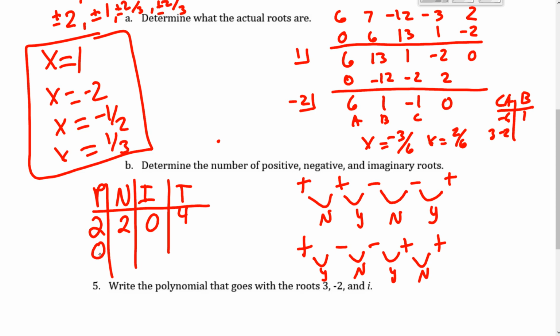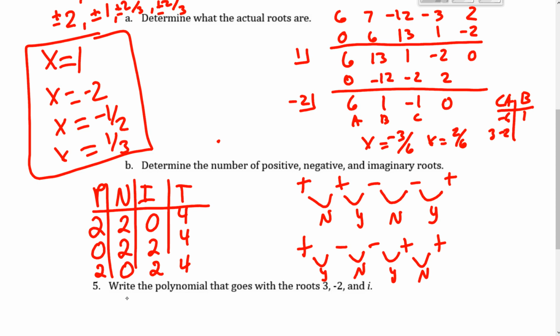And then my other possibility of positives was 0, so I could also keep the 2 negatives, and that means I need 2 imaginary to fill my total. And then, so that takes care of my possible positives. Now the negatives, I have 2, or I have 0, right? So that 0 could be here, and 2 positives, and then 2 imaginary, gets me my total of 4, and